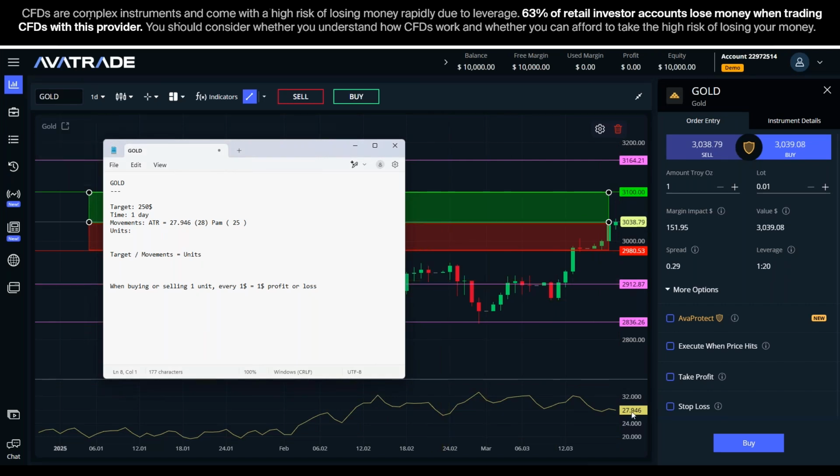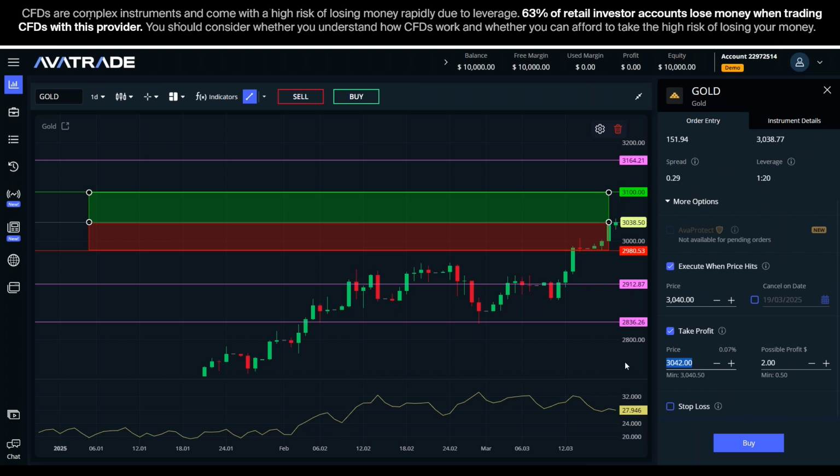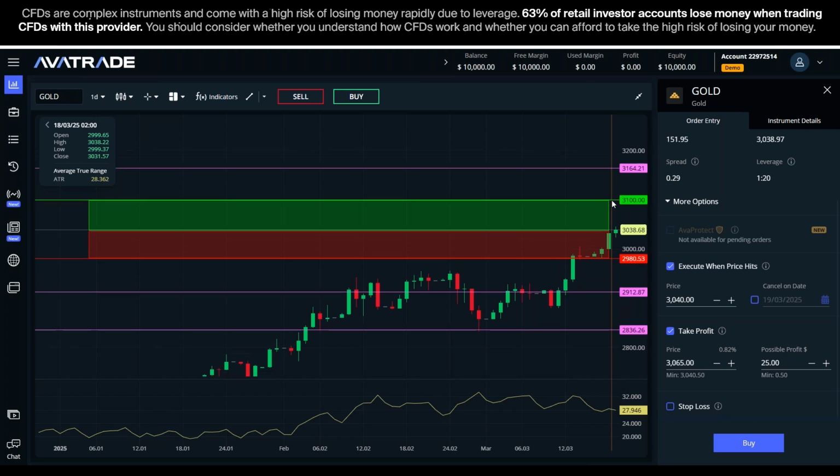Now, unfortunately, this number is not guaranteed. So to place the take profit exactly as the average, it might turn around before. So instead of putting it 27 away, 28 almost, I'm going to put it $25 away. From where? From our entry. So since we are with a buy and we're planning to open the position at 30.40, we can target the take profit to be $25 away, right? Which instead of 3,100 will go down to 30